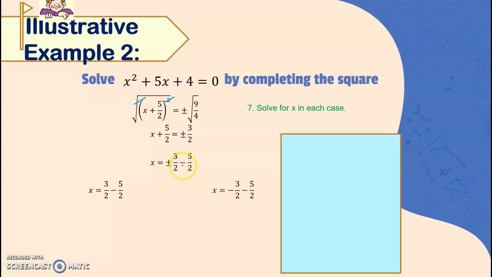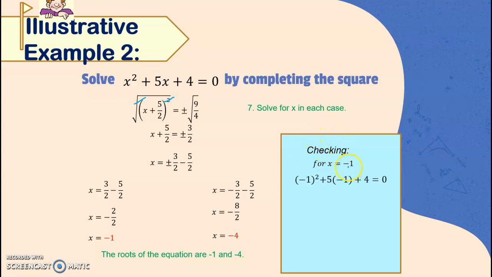So basically, we just separated itong plus and minus. So, pag sinolve ito, 3 minus 5, that's basically negative 2 over 2, which is negative 1. Sa kabila, negative 3 minus 5, that's basically negative 8 over 2, which is negative 4. So the roots of the equation are negative 1 and negative 4. So for the checking, for x equal to negative 1,